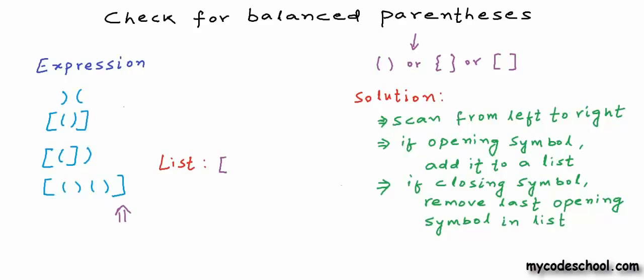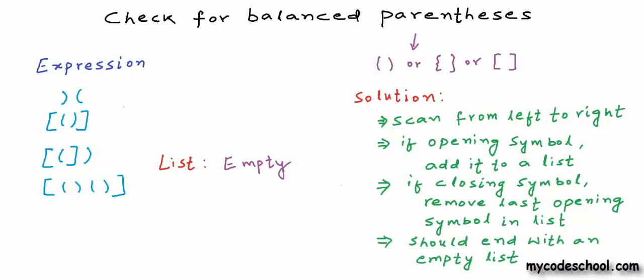And now we go to the last character, which is a closing of square bracket. Once again we need to look at the last element in the list. We have only one element in the list at this stage. It's an opening of square bracket, so once again we can remove it from the list. Now we are done scanning, and the list is empty once again. If everything is alright, if parentheses are balanced, we will always end with an empty list. If in the end the list is not empty, then some opening parenthesis has not found its closing counterpart and the